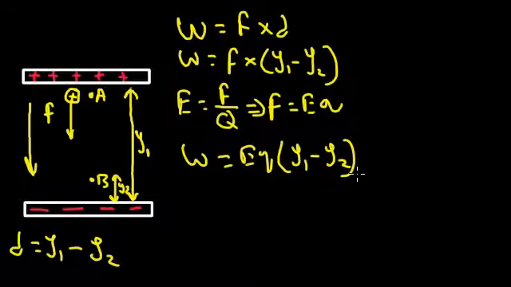Now, this same work that we said is equal to force times distance, there's a theorem which we call the work-kinetic energy theorem. This theorem says that the change in kinetic energy of an object is simply the work done. So you might be wondering, what does this mean? Let me give you a real life illustration. Consider a car that is moving at a certain speed. Then if the driver decides to increase the speed,